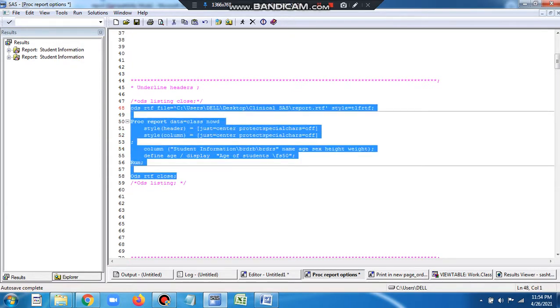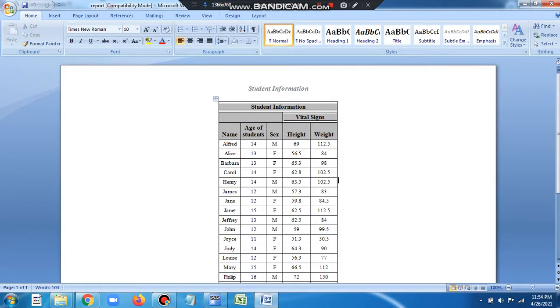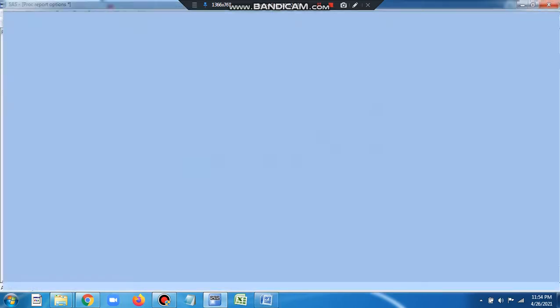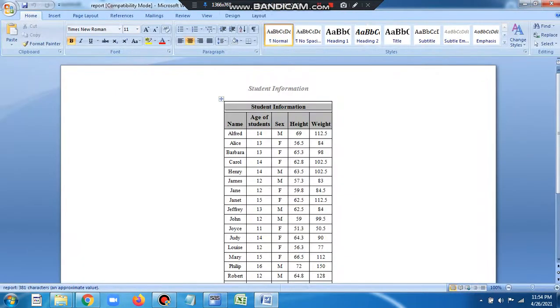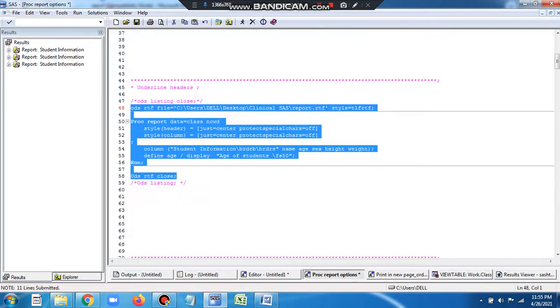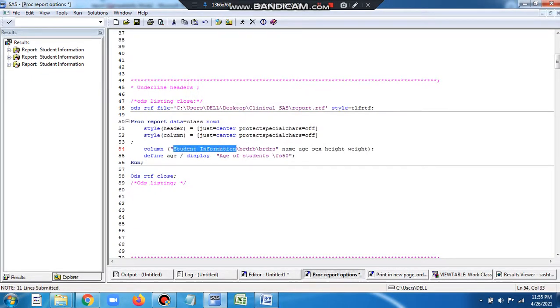and let me show you how the output looks. This is the output that we have, and we would like to have the title here for the dataset class. Let me close this and run it again. This is how the output should look. All the variables, and above the variables is the title with the underline. In order to generate this, we write the title here, and after that the RTF command for underline, and then all the variables here.